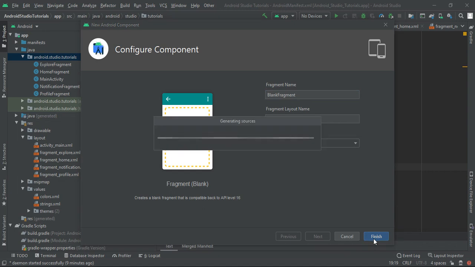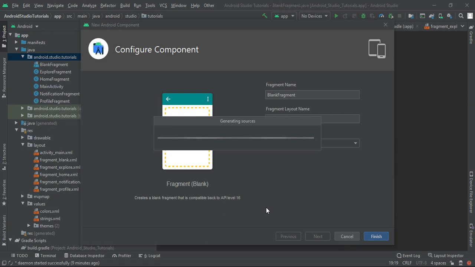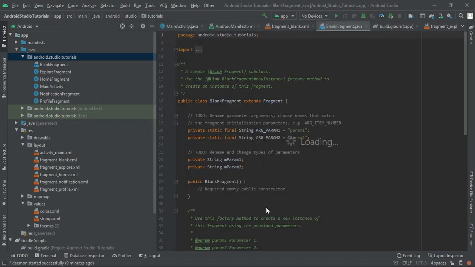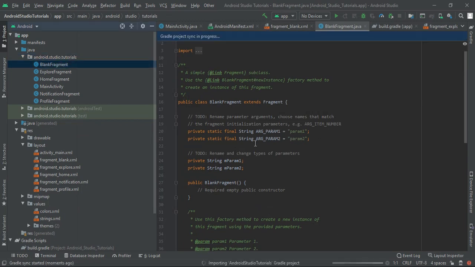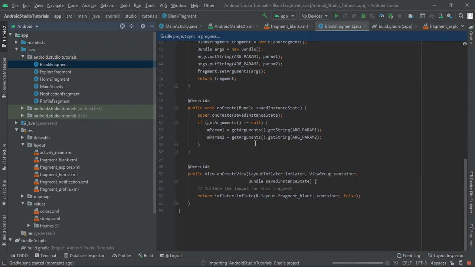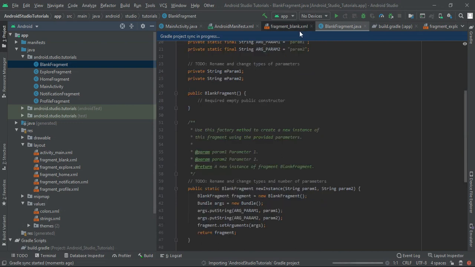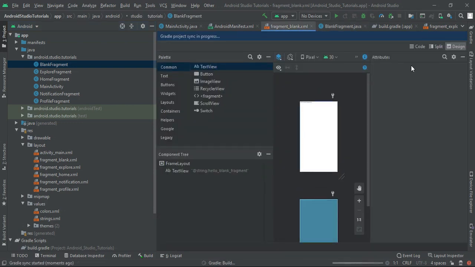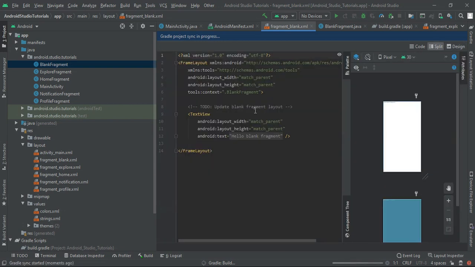After you click on finish, you will find that this will generate resource, means this will include our XML file and our Java file for our application. So here you can see that this is our Java file, and here we have fragment blank. So here move to split mode, and instead of this text view we are going to write our custom text view.